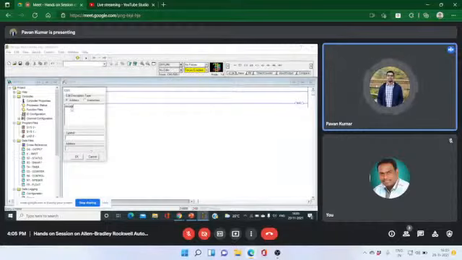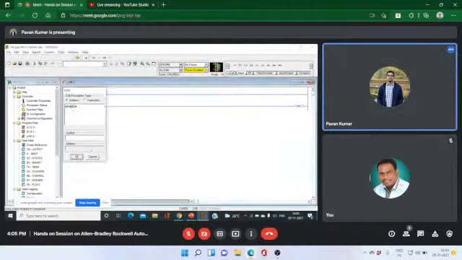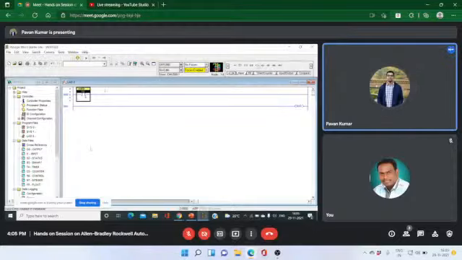For example, it is an enable bit. Enter. Since it is an enable bit, we have to give an output to it, that is output energize. Connect it here, and the address for this is O:0/0. Enter. First of all, it is a simple logic that when we give an input, the output energizes. Let's run this program.